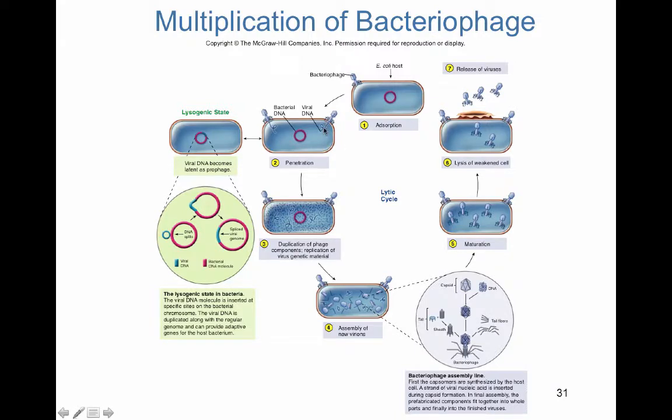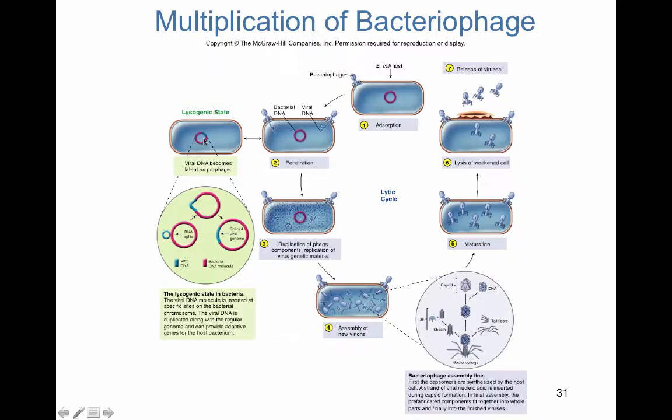So this blue piece of viral DNA is now going to be integrated into the bacterial cell's chromosome. And once that becomes integrated, it becomes latent as what we call a prophage. This is the lysogenic state. Now, usually the viral DNA is inserted at specific sites along the chromosome. And what happens here is now when this bacterial cell goes to divide and replicate its DNA, it is going to replicate the phage DNA as well. So even though you don't have new bacteriophage produced, you still have all of the information to make new